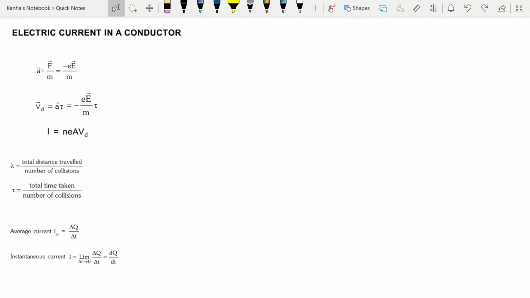We start our discussion by talking about the electric current in a conductor. Electric current is basically electrical charges in motion. What you should notice, electrical current is denoted by I and its unit is ampere. We say that the current through a conductor is said to be 1 ampere if 1 coulomb of charge is flowing per second through a cross section of the wire.